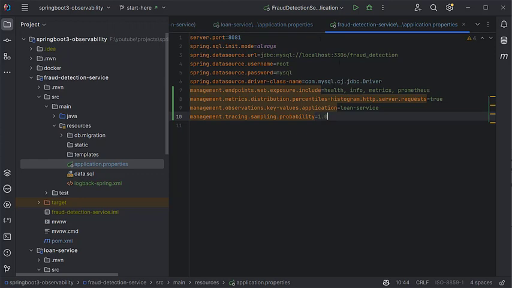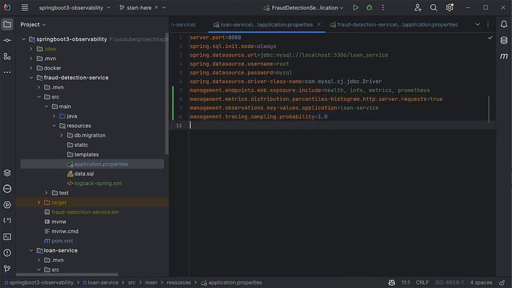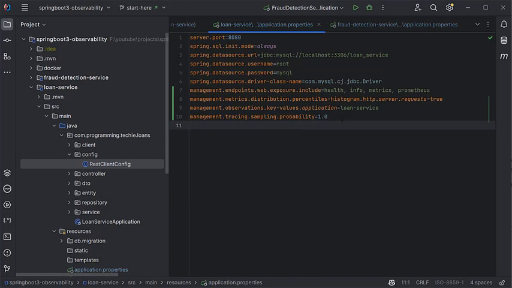So what this property will do is, by default, Micrometer will only send 10% of the traces to the tracing system, that means to Tempo. If we just send 10% of the traces, it's not useful for us. So we need to send all the traces which are generated by our applications. For this, we have set the property tracing sampling probability to 1.0. That means it sends 100% of the traces the application generates. By default, it's just 0.1, so now we just inverted it and made it 1.0. After adding this property, both the applications are ready to create the traces information,